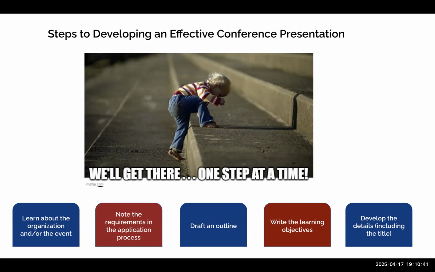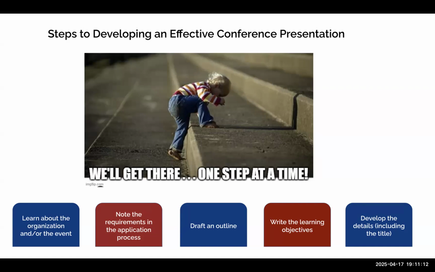You really are supposed to start putting your ideas down on paper, whether you're writing it out, typing it out on a Word document or a Google Doc or the back of an envelope or whatever. But put your thoughts together on paper first in an outline or some sort of a list. And that's going to make it so much easier, so much more structured and more efficient to actually develop that proposal. So that would be your middle step, step 3.